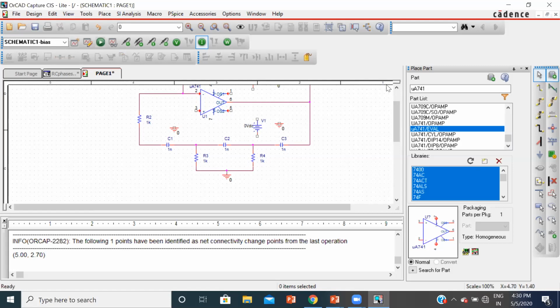The 7th pin is the plus VCC pin. So here you can connect plus VCC, and this is connected to the ground.